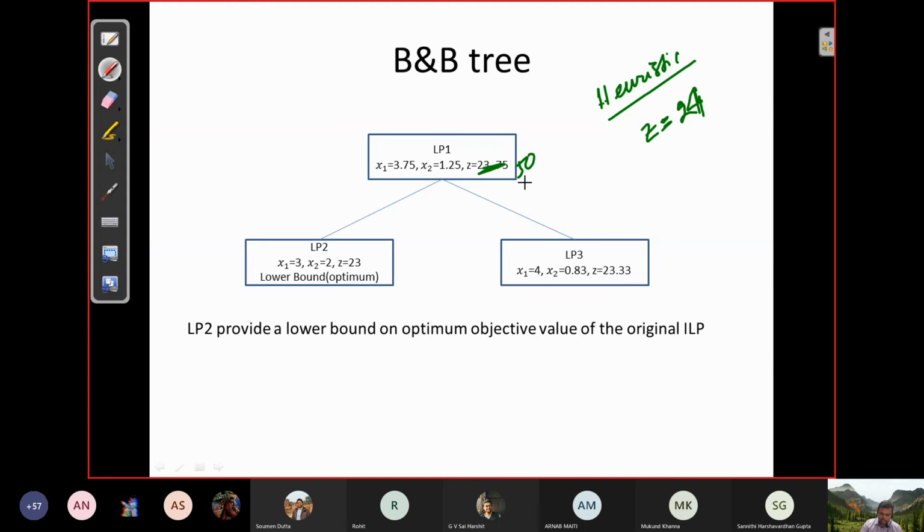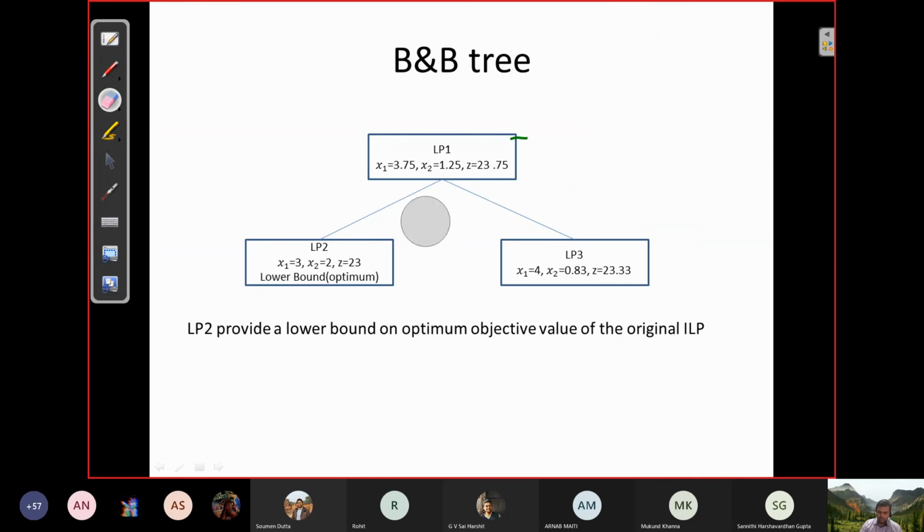Then I will not use this Z of 50 as my upper bound. I'll rather use this heuristic solution as my upper bound, so that I can reject, prune some of the LPs in the branch and bound tree by bound. If I start with 50, then of course some more LPs I have to uncover because I have a very bad upper bound. That is where the heuristics and the approximation algorithms come into play, and they contribute significantly in enhancing the performance of the branch and bound method in some problems, especially the difficult problems.